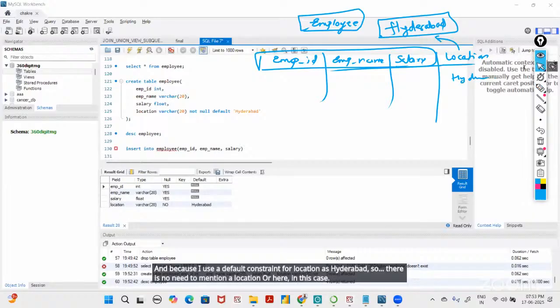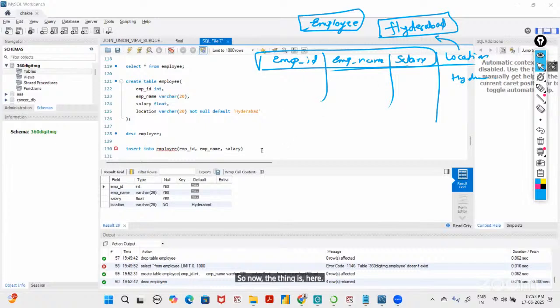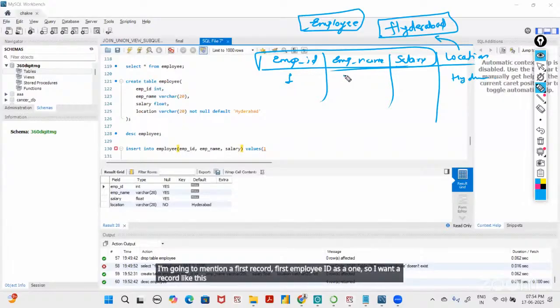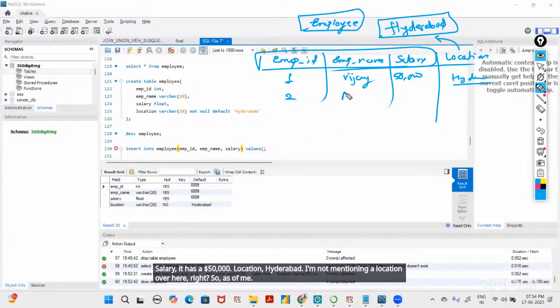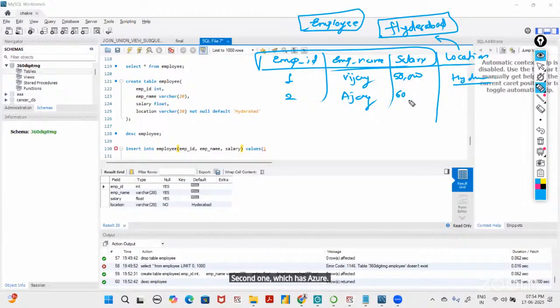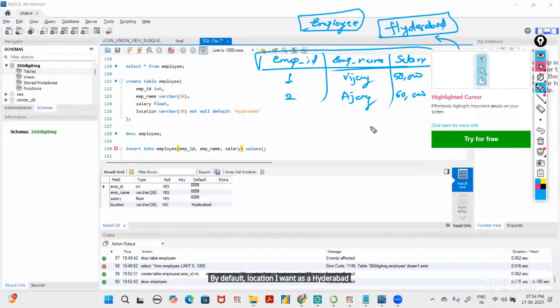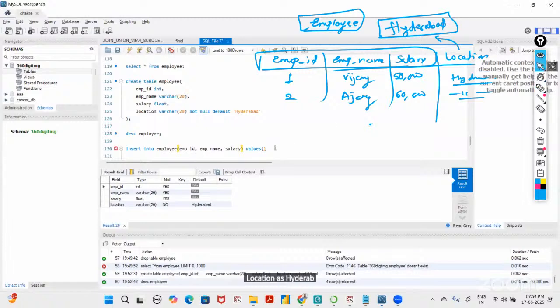Now, in this case, I need some values in it. For the values, I'm going to mention the first employee ID as 1. I want a record like this: employee ID as 1, employee name as Vijay, salary as 50,000, location Hyderabad. I'm not mentioning a location over here, right? The second one is Ajay, salary 60,000. By default, I want the location as Hyderabad. So I'm not going to mention the location here, but by default we can see that in the